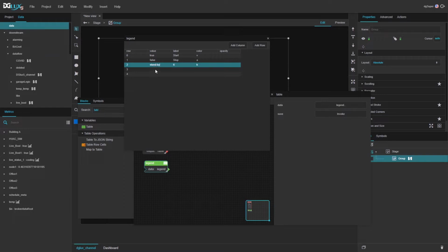standby, cooling, and heating. Now, it's important that I match my values exactly here, because that's what's going to be matched on to get the rest of the parameters. So I have to make sure that I type in exactly as they could show up in my point. And then label, of course, we use the same thing, but just better formatted, capitalized